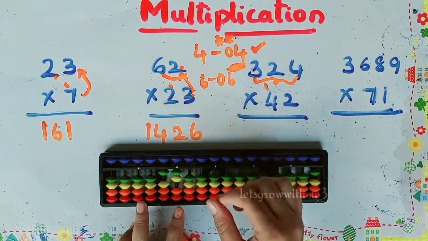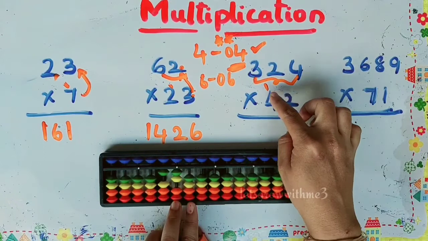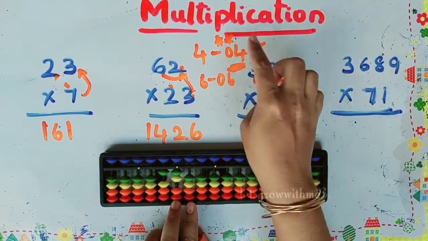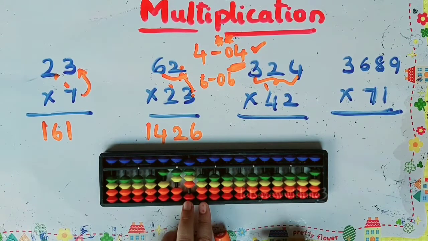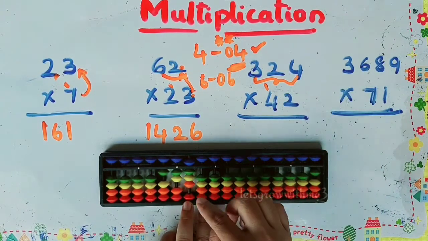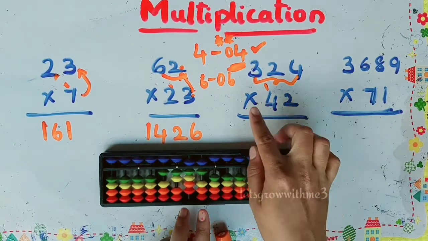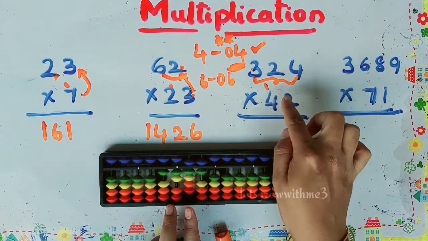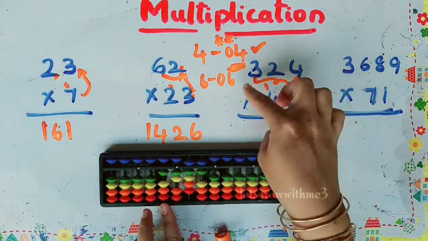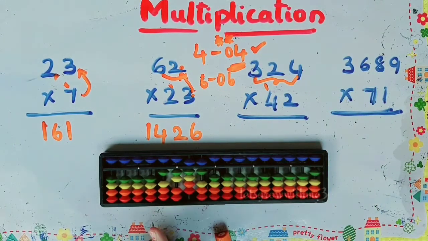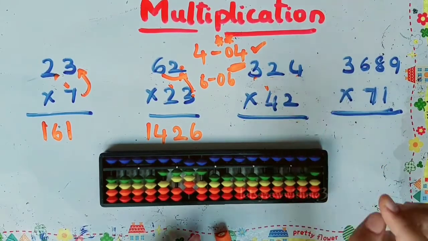Then 4 2s are 8, 0 8. Whenever you're keeping, just shift the position first. Now the next value should be set here. Then again shift, then again 4 4s are 16, 16 means 1 6. Okay, we are left with the 2, right? In 42, the 2 is left, right? So here also we have one column which we can't use, because when you multiply with the 4, it will end before the tens place. That's the indication whether we are doing it correctly or wrongly.